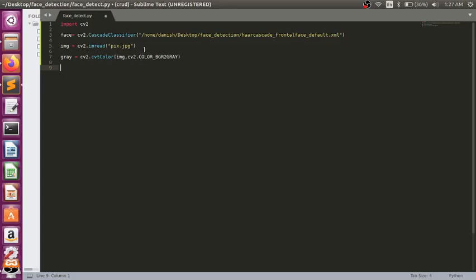So I'm using cascade is equal to face.detectMultiScale of gray.